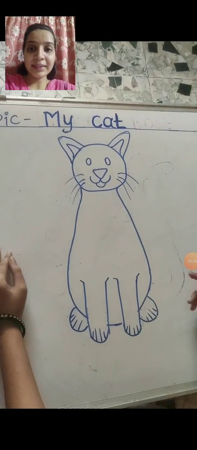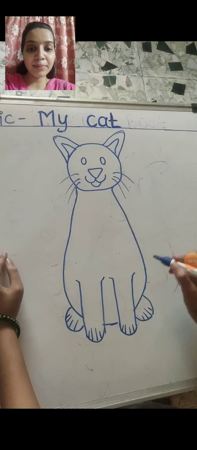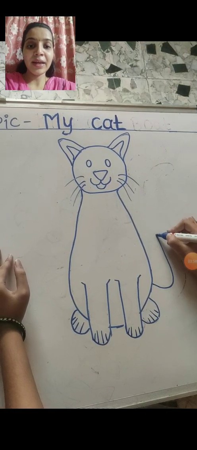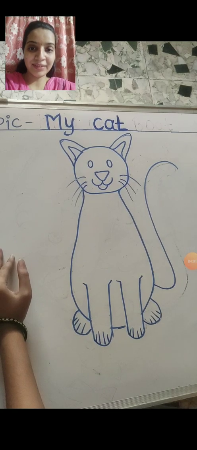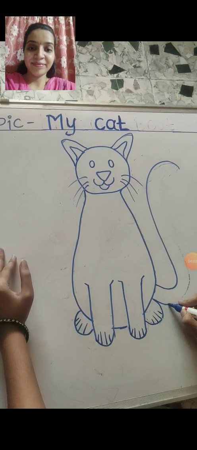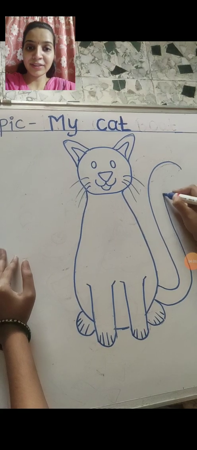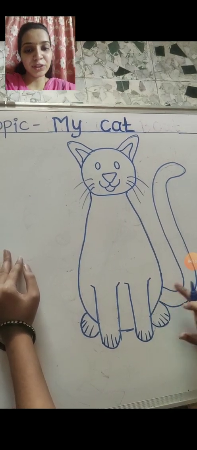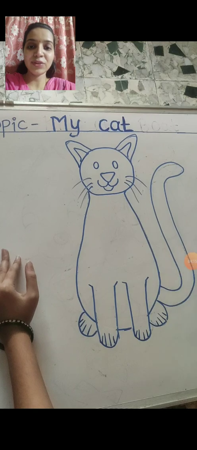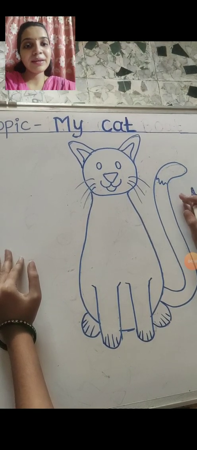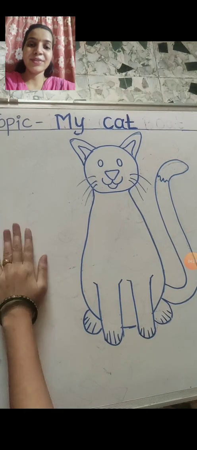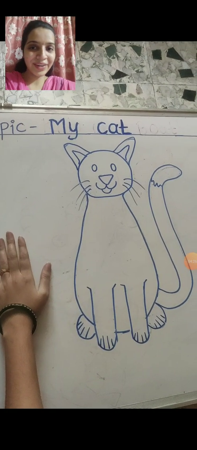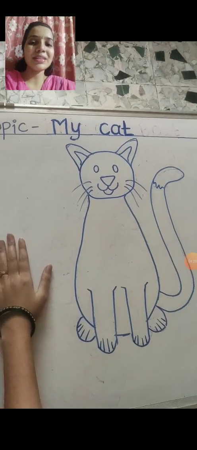Now we will draw the tail of the cat. See from where I am starting. You have to use an S shape for drawing the tail, and as big as I am drawing, that much big. From down, see where I have started like this, a double line. Okay, the tail is finished. Don't leave a gap. The tail is joined with the leg. Make a design here like this. So the drawing is finished. It was very simple to draw, right? Okay. So now we will start coloring.